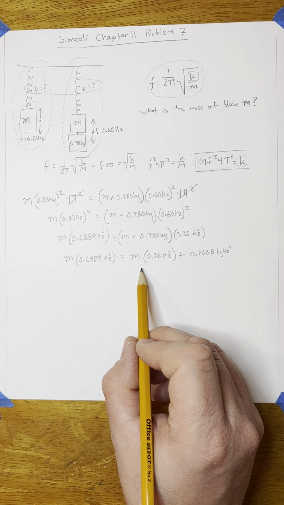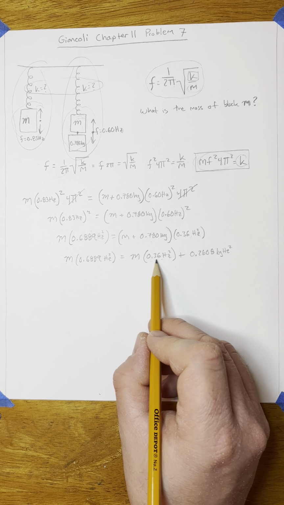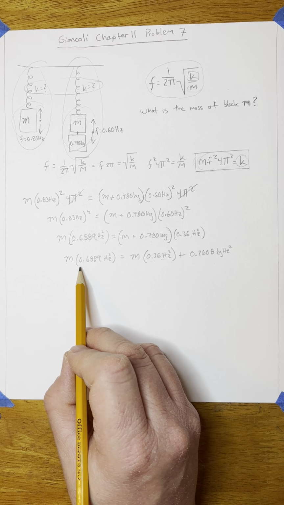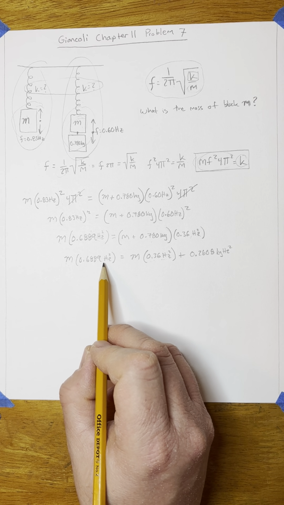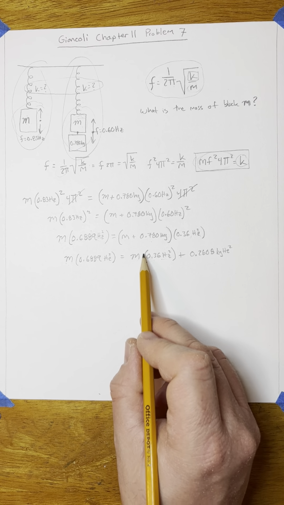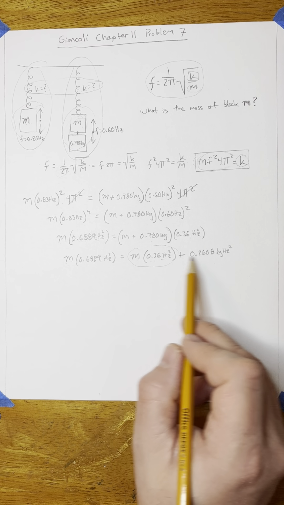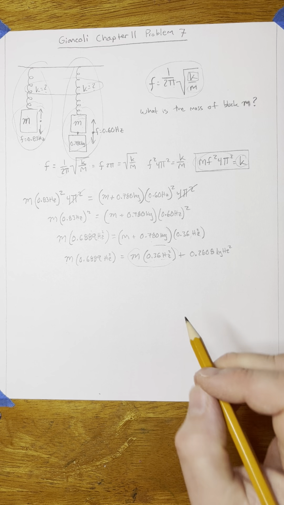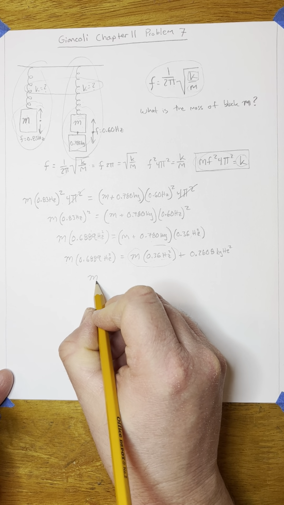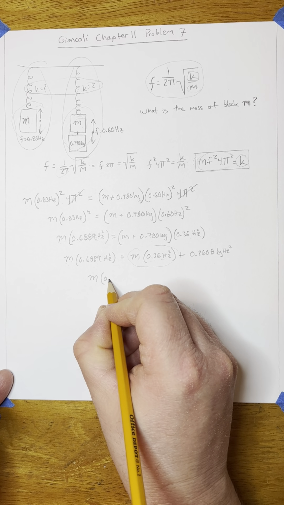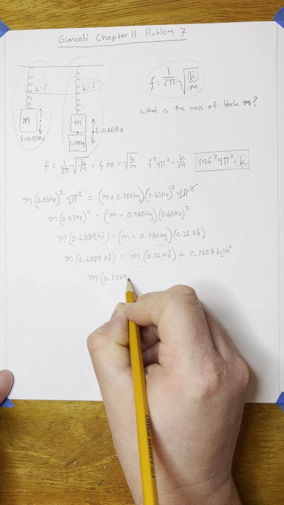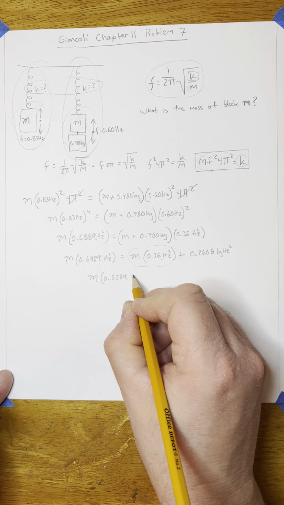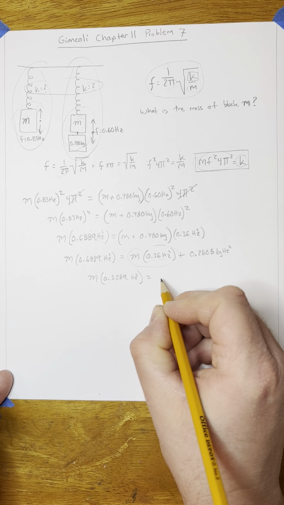So I'm going to subtract m times 0.36 hertz squared from m times 0.6889 hertz squared. So I'm going to subtract this from both sides of the equation. And so that will give me 0.6889 minus 0.36, which gives me m times 0.3289 hertz squared is equal to